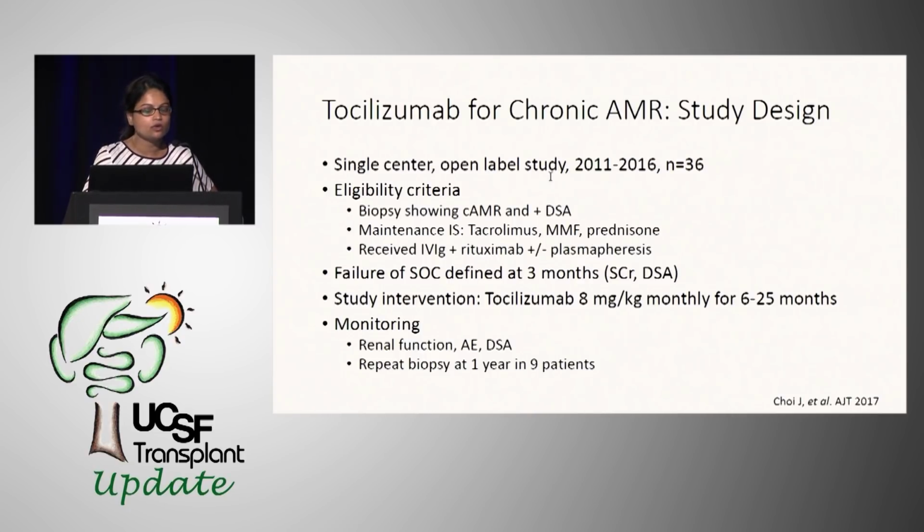So it was a single-center open-label study. There was no control group. 36 patients were enrolled. The study intervention was giving tocilizumab monthly for 6 to 25 months, and during this time, they had renal function monitored, and a repeat biopsy was done in about 9 patients at the end